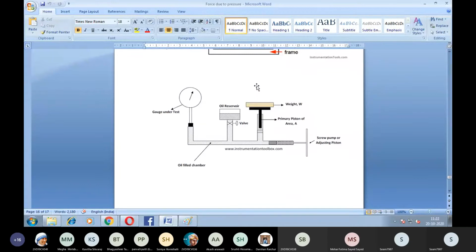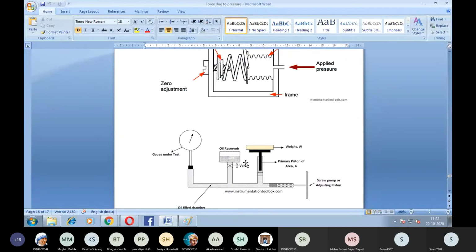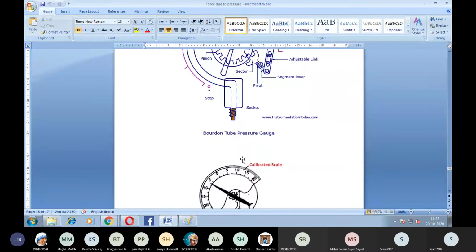As and when you increase the weight, pressure is going to be exerted on the liquid which is present here. I have taken the liquid as water, so the pressure is exerted on the water. Simultaneously, this pressure is going to transfer and hit this surface. The pressure transfers in this manner and that change in pressure is identified on this gauge which is provided at the other end. So this is how these particular equipments work.